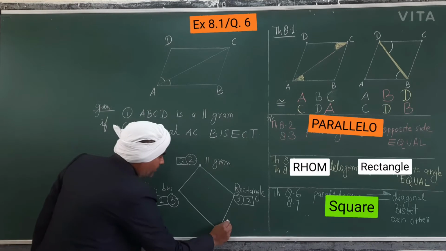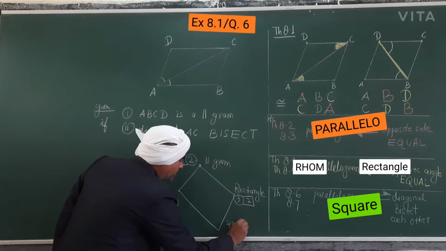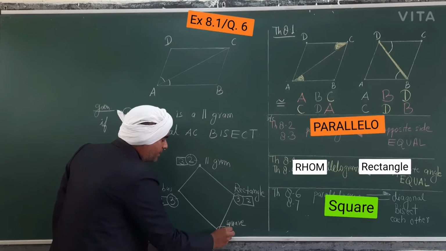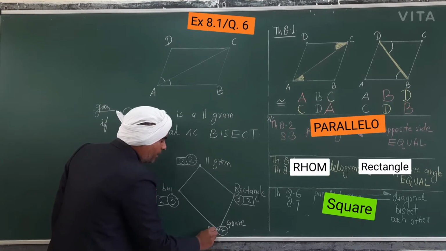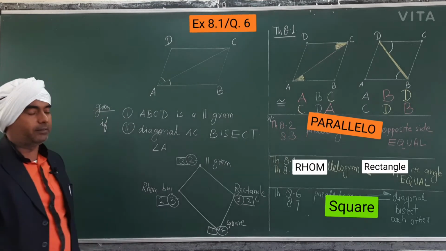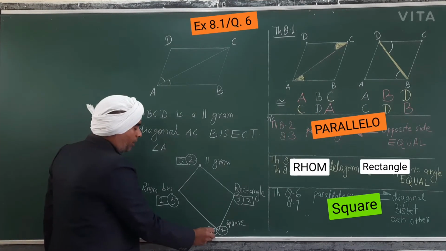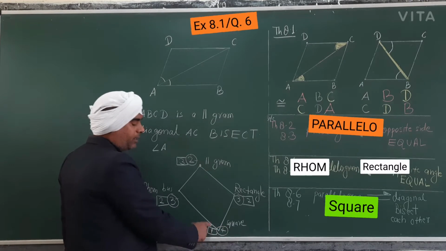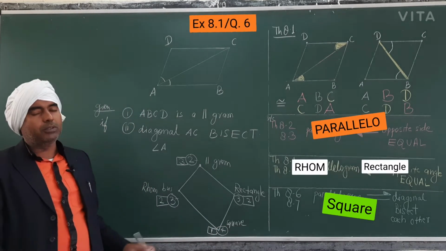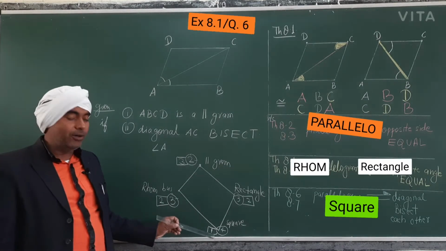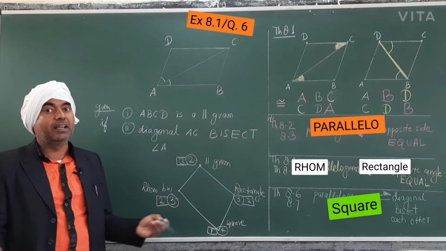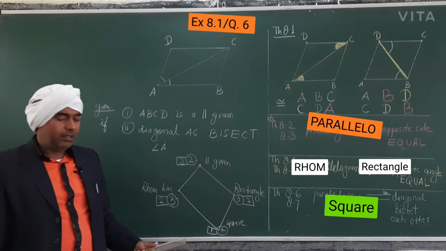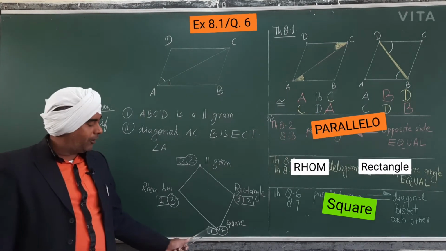And the square is what? A square has 4 conditions, and only 1 piece of information is required to draw any square. If you have to draw a square, you only need to know 1 condition. If you know the side of a square, only the side, not length and breadth. It is not called length and breadth, it is called side. Side of a square means only one thing I will give you, and you can draw the square.